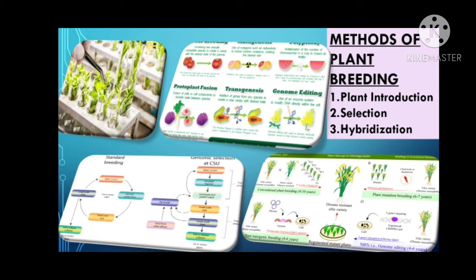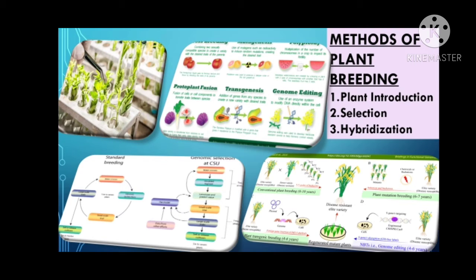Now, primary introduction means when a selected new variety is properly developed in a new environmental condition and it is economically cultivated without changing the genotype. It's known as primary introduction. Like the example can be a dwarf variety of wheat, the name is Sonora 64, and a dwarf variety of rice, which is IR8.